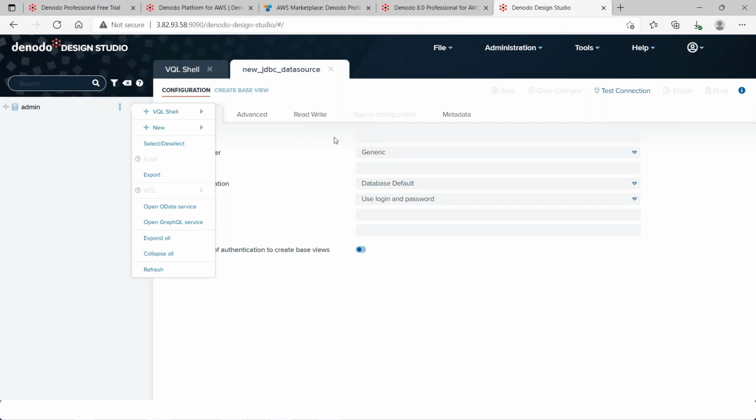Once the 30-day free trial is complete, you can continue using this on an hourly basis, and you have full control over this instance in terms of starting and stopping it. You can manage the pricing and the cost associated with it. So with that, wish you the very best with your Denodo Professional deployment under your AWS cloud.